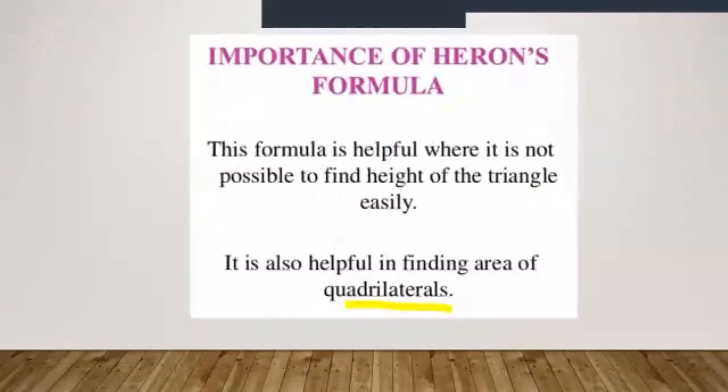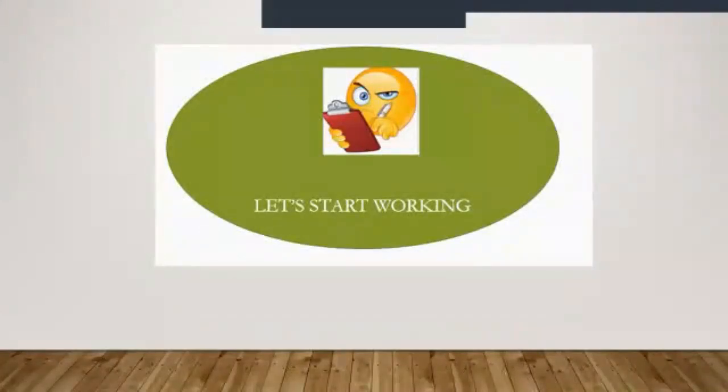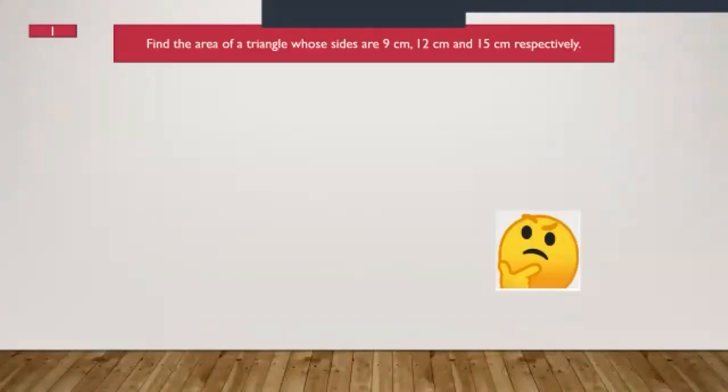Proceeding now. Now let's start working. Everybody is ready? So here we go. Find the area of a triangle whose sides are 9 centimeter, 12 centimeter, and 15 centimeter. You can take a maximum of 2 minutes and finish off the sum. Your time starts now. Fast. Give me the answer. Take down the sum very short, but do take it down. Hope everybody has written revision and is doing.